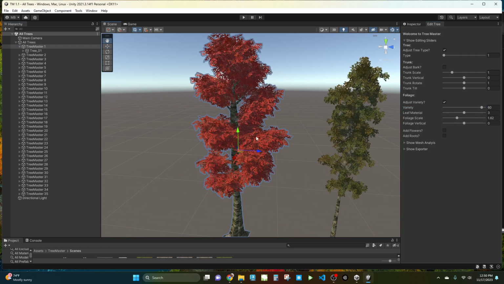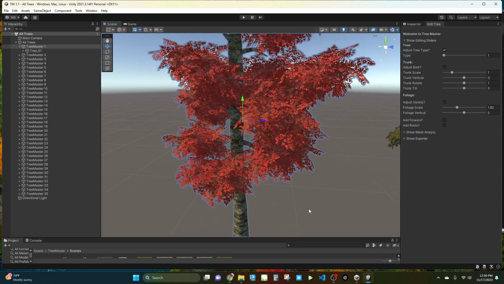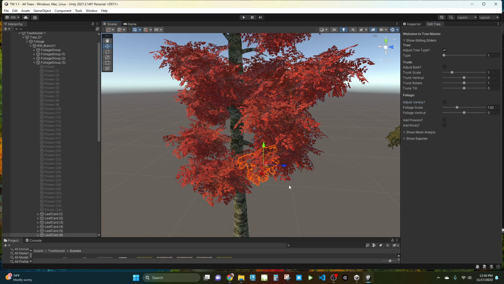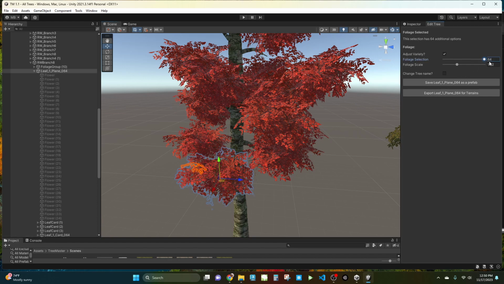And of course, because of the way TreeMaster works, you aren't limited to being stuck with one material or one foliage on all of them. So I'm in 60, which means I'm in the last option here. What I'm going to do is come down and pick on these guys. We'll see we're on 60, and I can then just start to send these all towards the final option here,